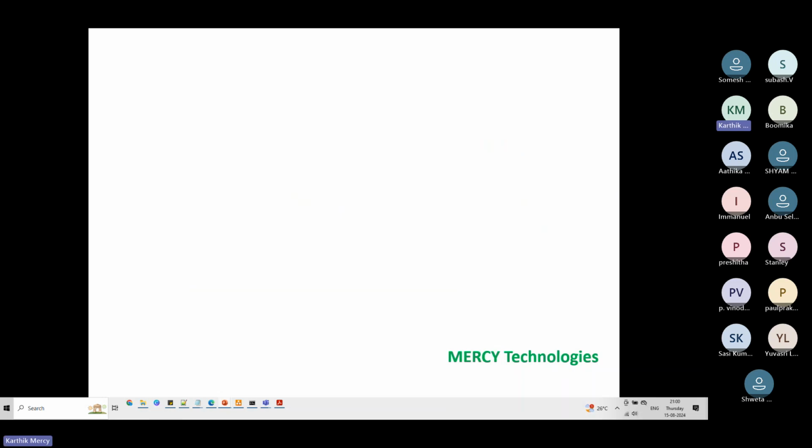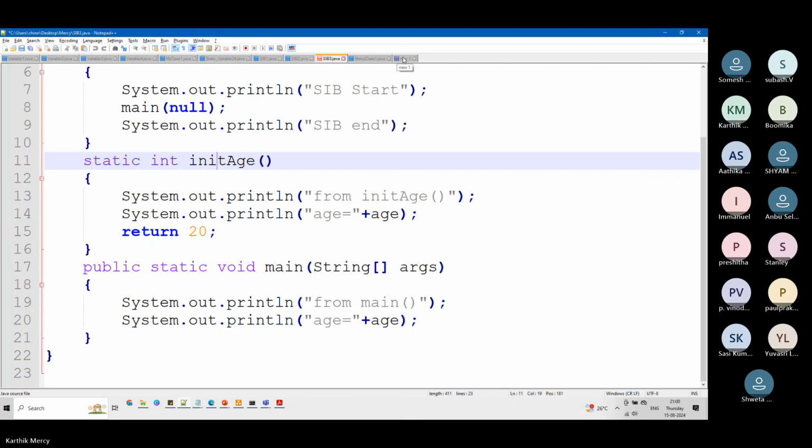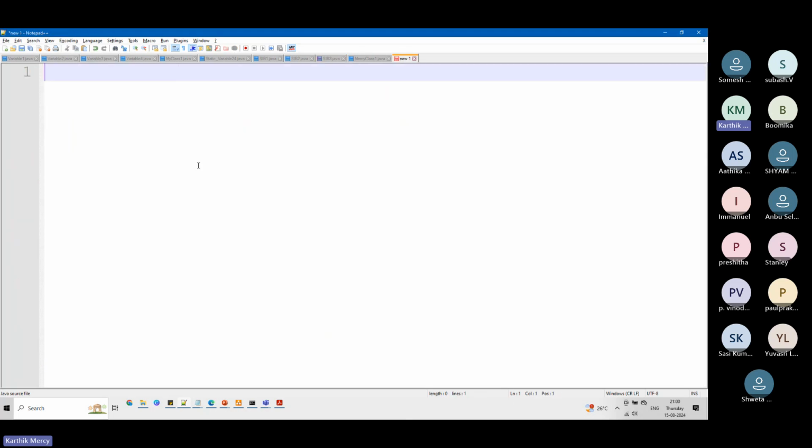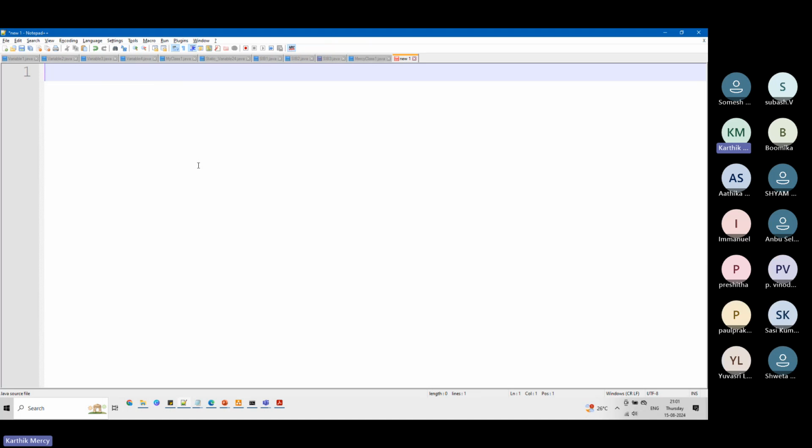Now, till now, I have actually seen this, right? Let me quickly write that class. So let's quickly go to our Notepad++. By the way, guys, this would be the last but one or last but two classes where I'll be using Notepad++. After this, we'll be quickly jumping into IntelliJ, which is an IDE. IDE is nothing but an integrated development environment, where compilation, running, etc., would be taken care of by that software only.